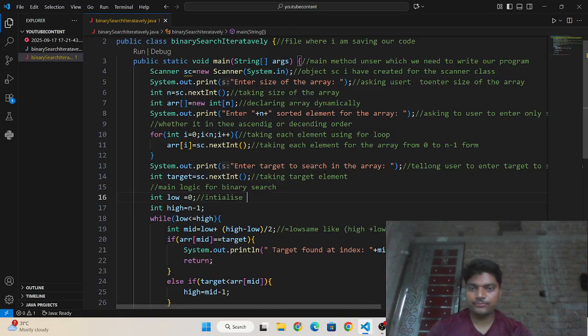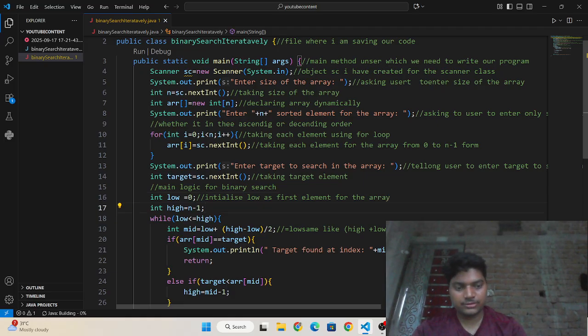Okay, initializing low as the first element of the array.